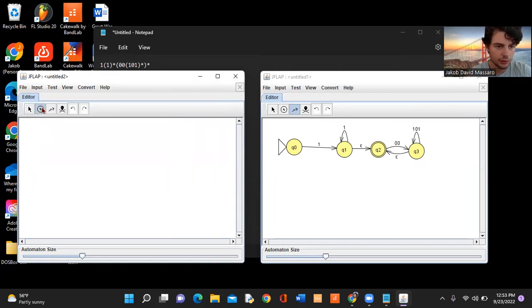Okay, so let us first start with our initial state, Q0. And we will look at our NFA to see what to do next. So if we look at our NFA, on input Q0 and 1, we can go to Q1, or it is possible to go straight to Q2 if no 1 is produced here. So we will represent this